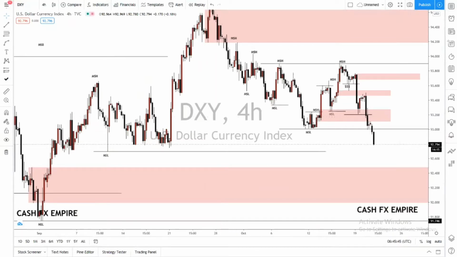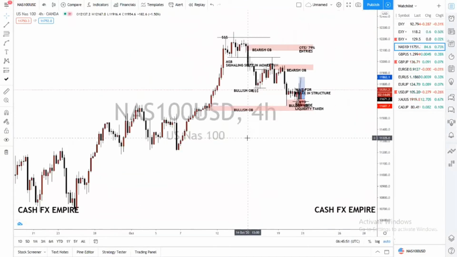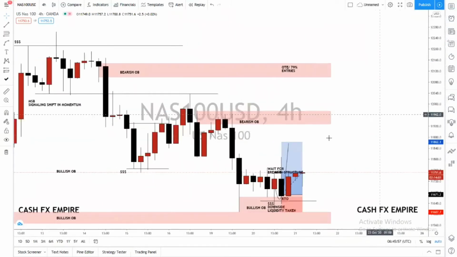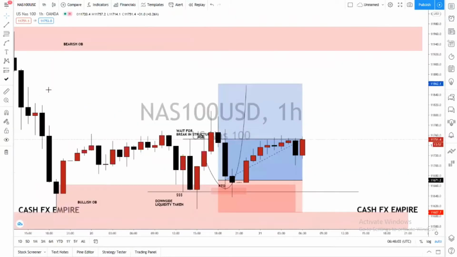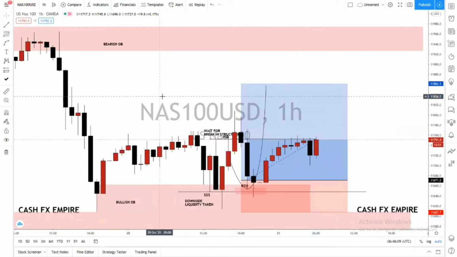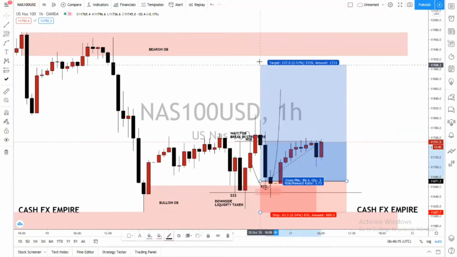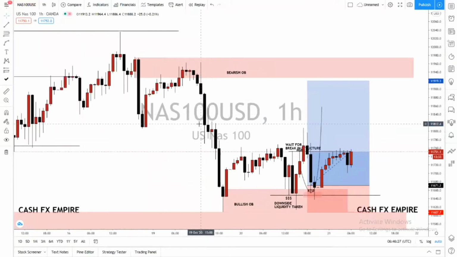But something interesting I'm looking at is what I've been doing on NAS 100, the Nasdaq stock. Yesterday I issued a signal to buy this, and the setup, as you can see, is here. This is how the setup looks, and as you can see, it's already running in profits. My targets on this were firstly this here, and hopefully we can reach up to this order block to the upside, so that we can cover that liquidity void that I see created up there. This is my targets, and this is what I've posted.